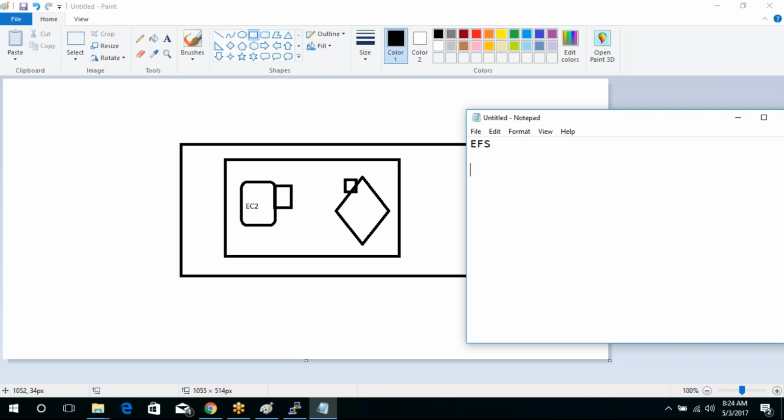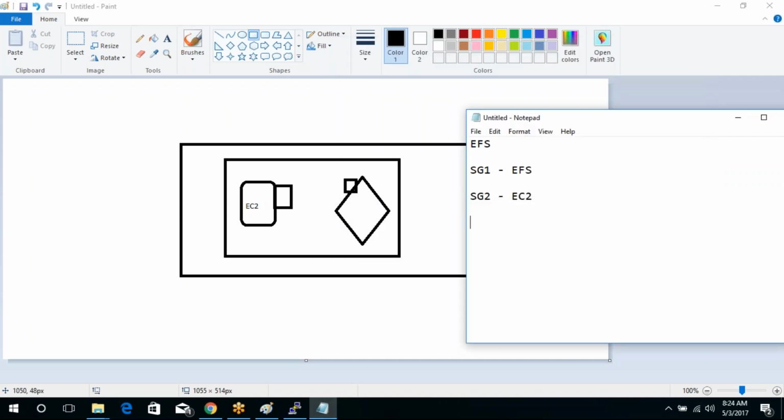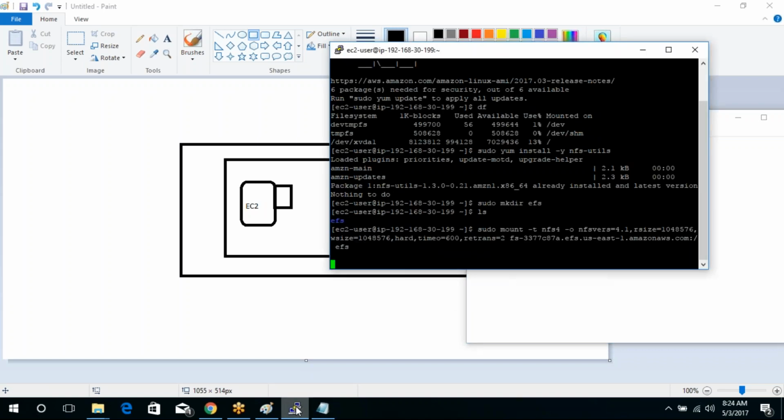Okay, so there is a security group called SG1. SG1 is attached to EFS. Then SG2 is attached to EC2. Okay. Now tell me, when I run this command, the traffic is going out from which security group? Can you go back to that command? Regardless of this command,